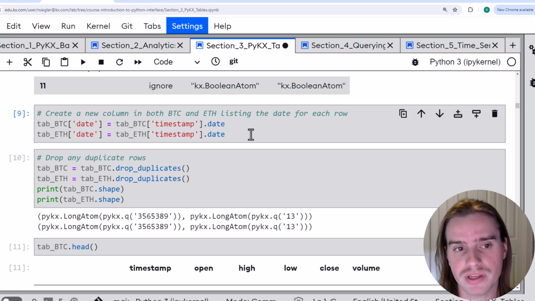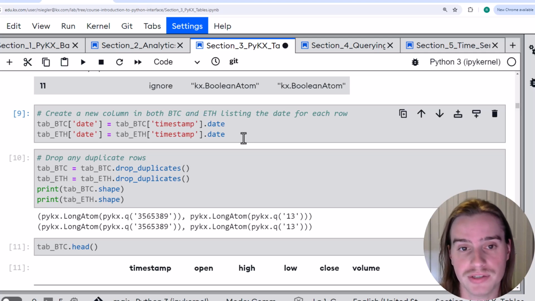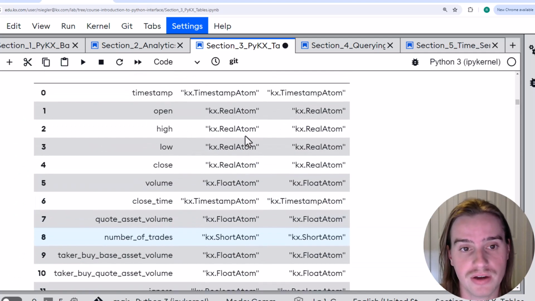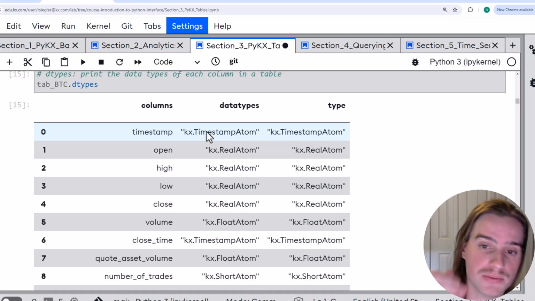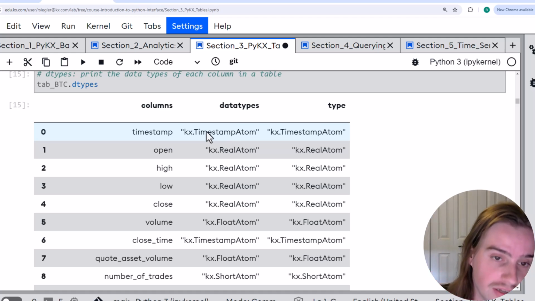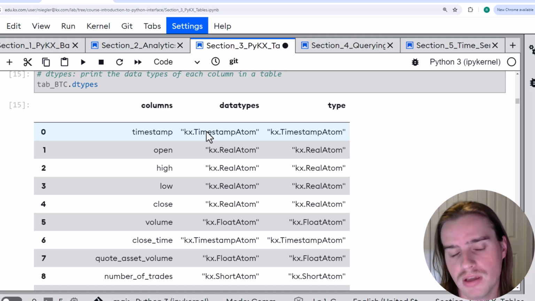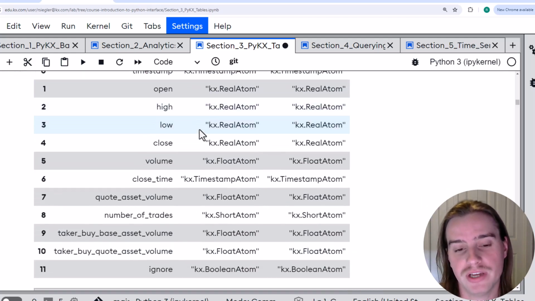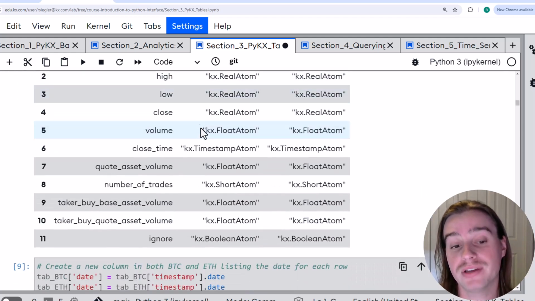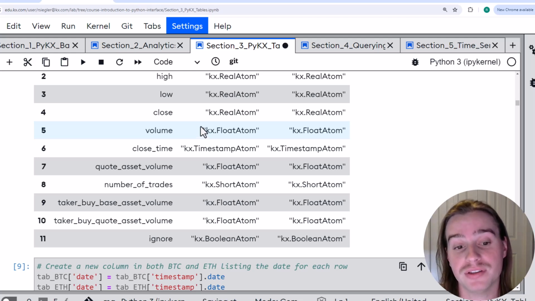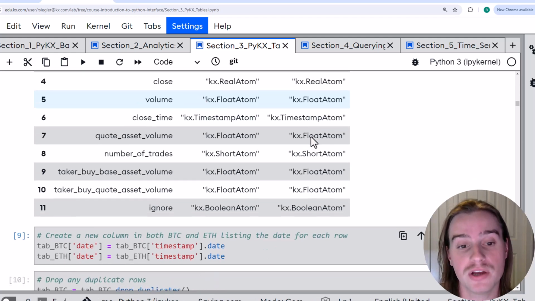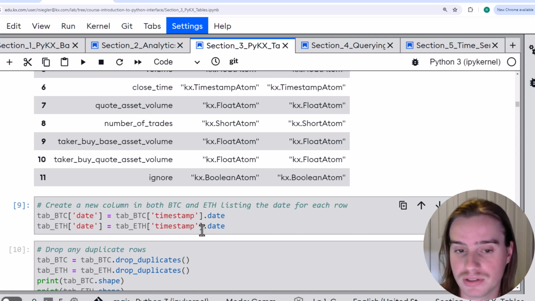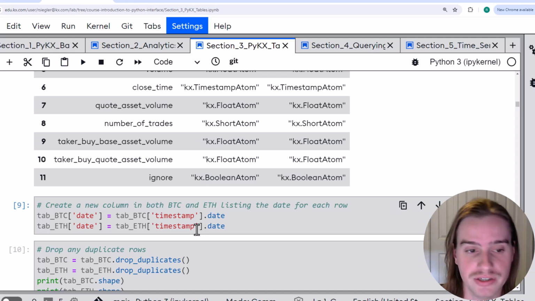Okay, so we've got a better idea of what's held in our table now, and the next thing we will want to do is try to create a new column on our table. In this case, we're going to create a new column called date, because right now we just have timestamp, and we have a timestamp for every minute in our data set. But we don't actually have the specific date, and later on it'll be important to see the specific date of each row. So all we're going to do is a little data type conversion here, and we're going to